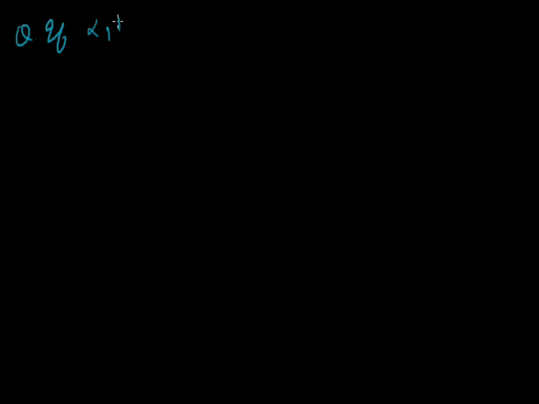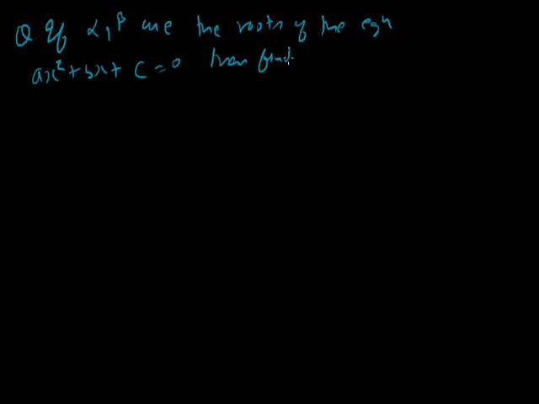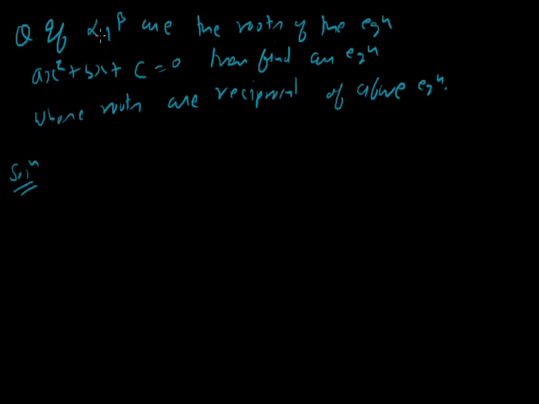If alpha and beta are the roots of the equation ax square plus bx plus c equals to 0, then find an equation whose roots are reciprocal of above equation. हमें दे रखा है कि अल्फा और बीटा इस गिवन इक्वेशन के रूट्स हैं, और हमें ऐसी इक्वेशन फॉर्म करनी है जिसके रूट्स इस गिवन इक्वेशन के रेसिप्रोकल हैं।